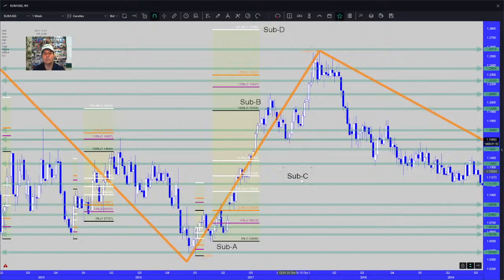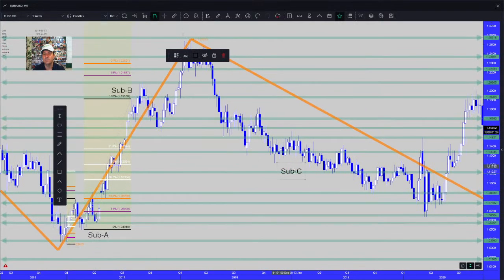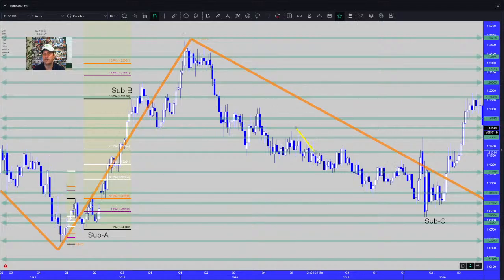Sub C is the lowest point inside the sub A, sub B boundary after the sub B. So I'm monitoring the market. Can you see, everybody? This is the sub C, right? There is no right or wrong, but you see the market making lower lows, lower highs, lower lows, lower highs, and then you see the change in the